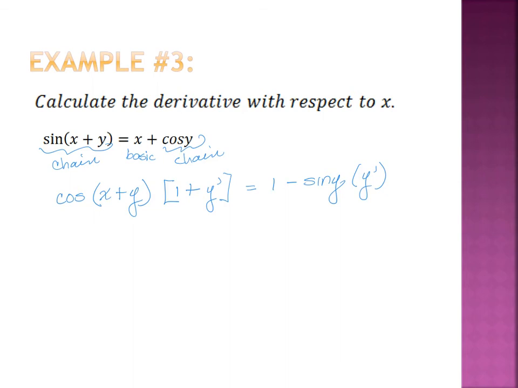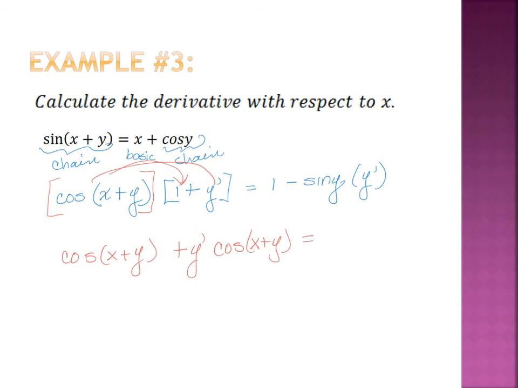So again, just like before, I'm going to take this entire chunk, and I'm going to distribute it inside. So cosine of x plus y times 1, and then cosine of x plus y times y prime. And I like to protect everything from angles, so I always put that kind of stuff up front. Then on the other side, I still have 1 minus sine y, and I'm going to put my y prime